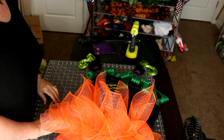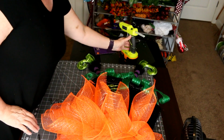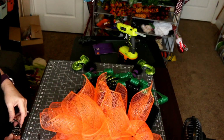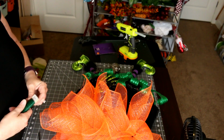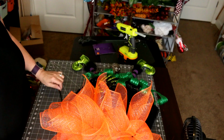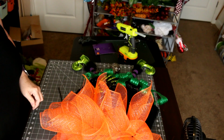Okay. So, what I will do is I will take some hot glue and I will kind of glue his hands in place so that he will not move his little hand. Otherwise, I think there's a chance that that hand is going to go not anywhere I want it to go. Alright, so